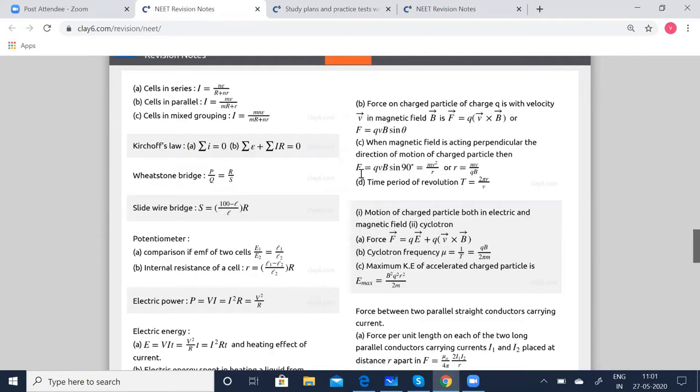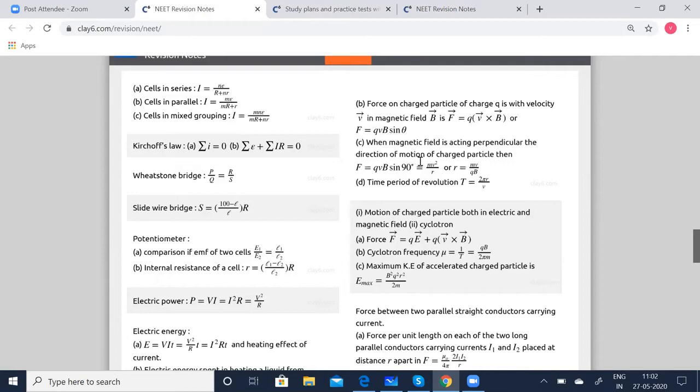So if you need to calculate the force, you need to remember this formula. Or if they are asking you to find out R, then you can easily remember this formula. R is equal to mv by qB. Time period of rotation is given by T is equal to 2 pi r by v, where r is the radius and v is the velocity. So look into the data, read the sum properly, analyze the data given, and then apply whichever formula is apt.